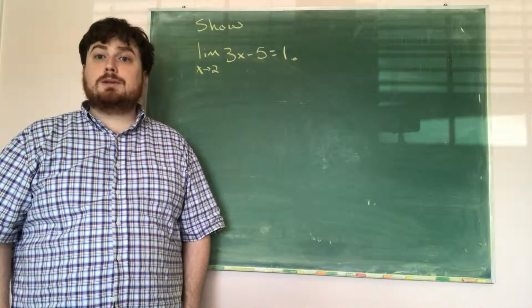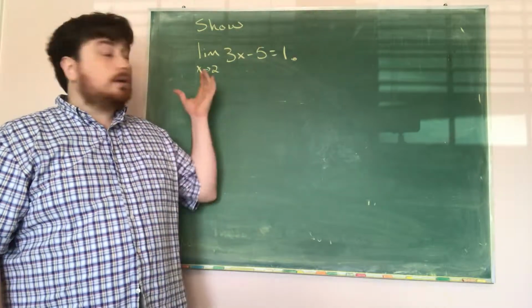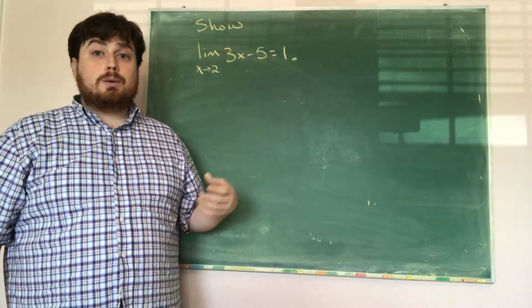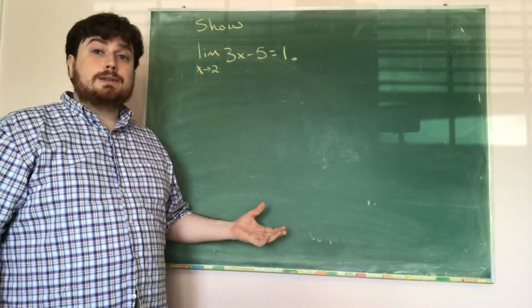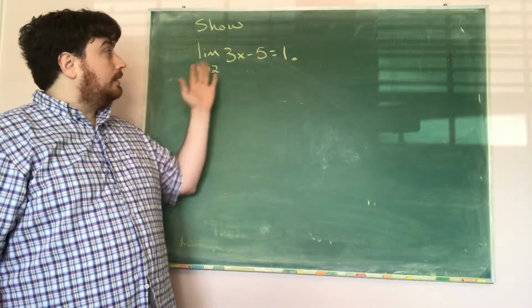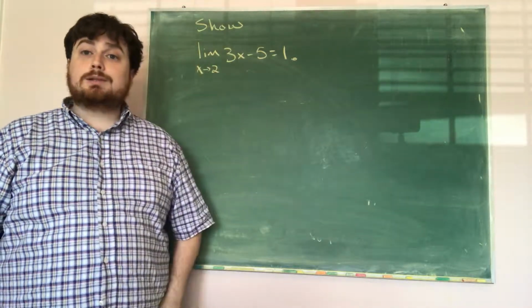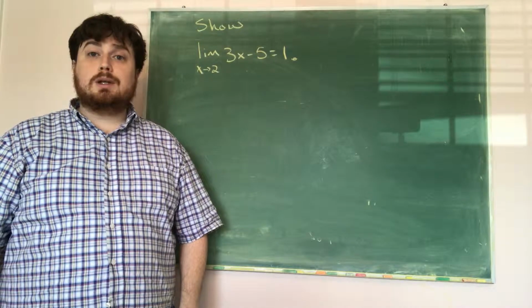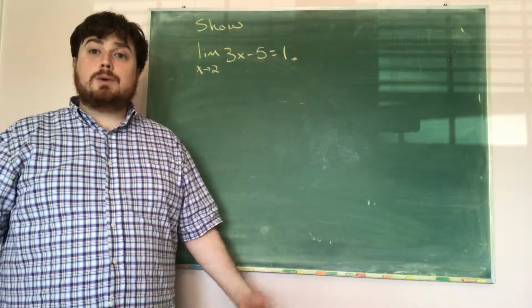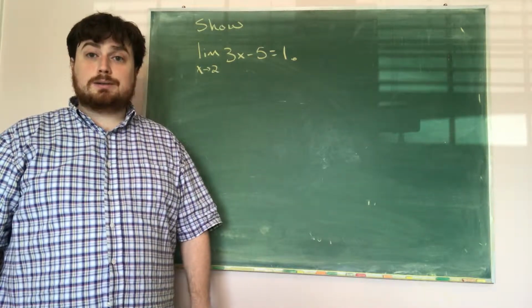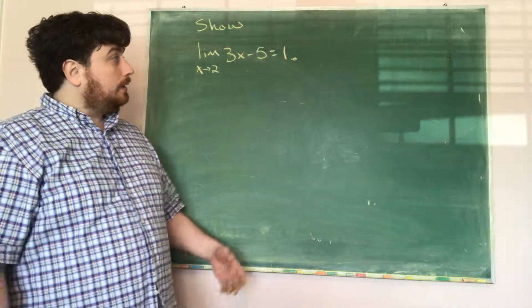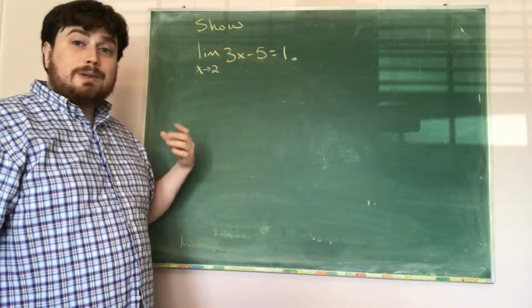Today what we're going to be doing is a little bit of proofing and a little bit of calculus work. We're going to look at limits, and we're going to ask, can I show that the limit as x goes to 2 of 3x minus 5 is indeed equal to 1? We want to do this in a more formal way than we would normally do in calculus. So what we need to do is come up with what the definition